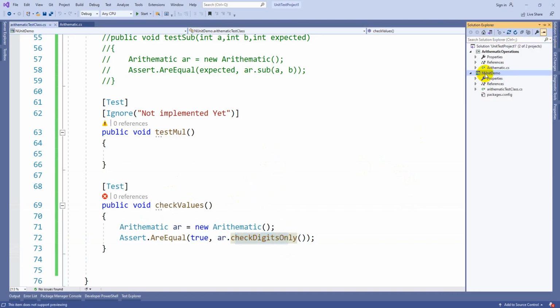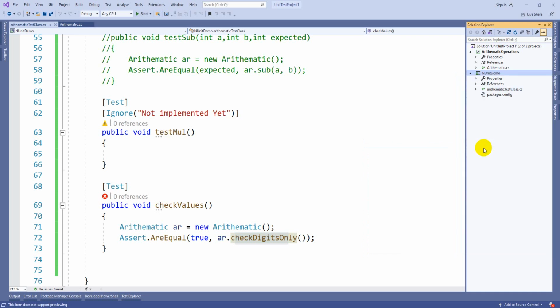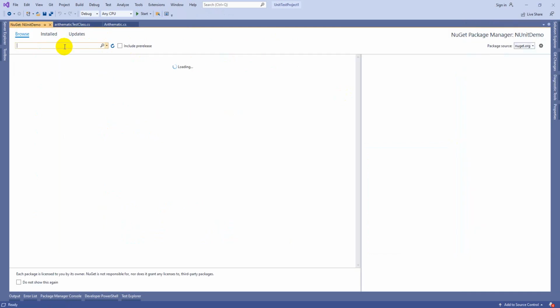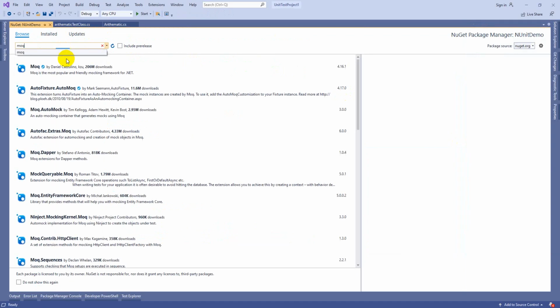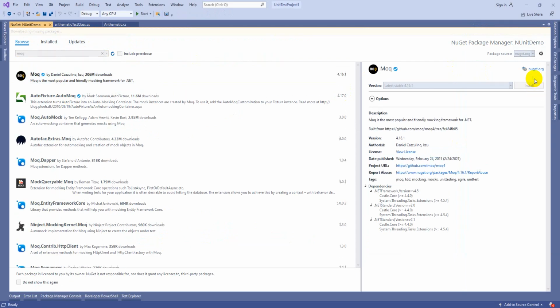First, right click on the test project, go to Manage NuGet Packages, and in the Browse option search for Moq. This is the mock framework, guys, so you can install it.